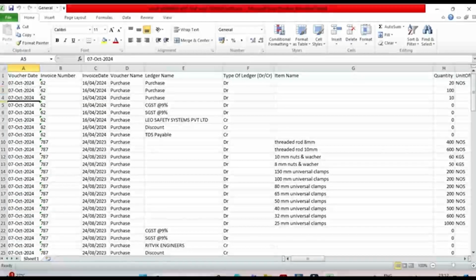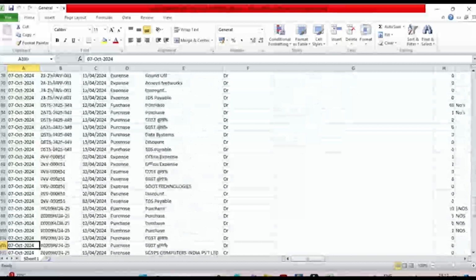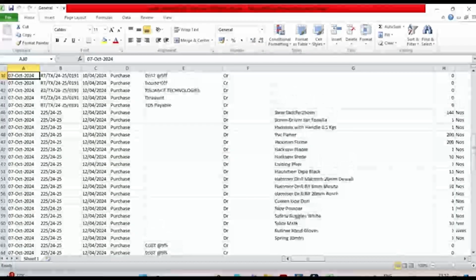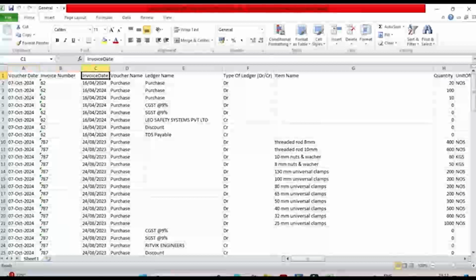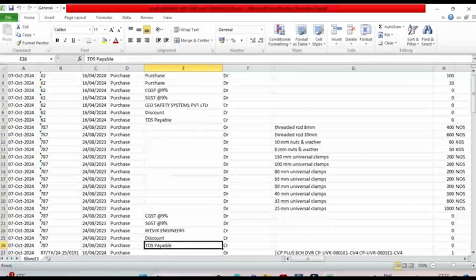As you can see, we have the result for all 10 invoices, in which a few invoices are with inventory details, a few are with non-inventory details, and a few are expense vouchers. Like this.